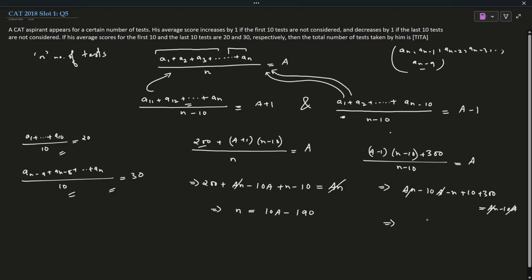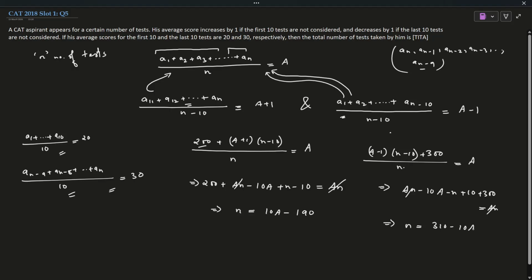So from here, what do I get, guys? What do I get here? Any mistakes that I'm doing here? A minus 1 into n minus 10 plus the last ten tests, divided by n, guys, divided by n. So this will be a n, and this won't get cancelled. This 10a will not get cancelled, right? From here I can say n is equal to